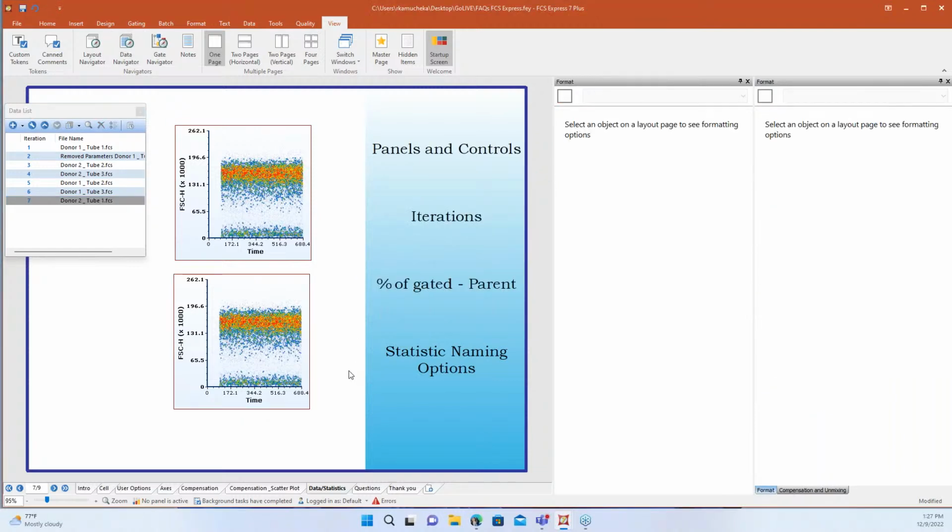Holly, what are the challenges that you've seen with iterations? Oh, I would say the same. Usually it winds up with, I see it more often, or I have people write into support when they're doing histograms rather than dot plots.